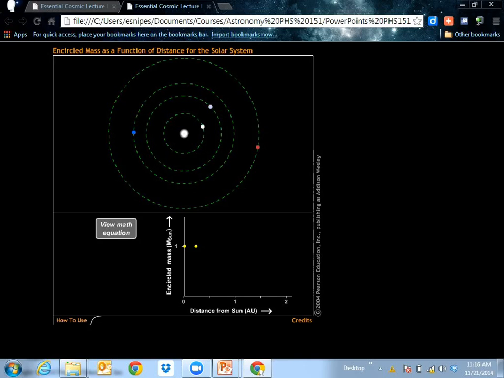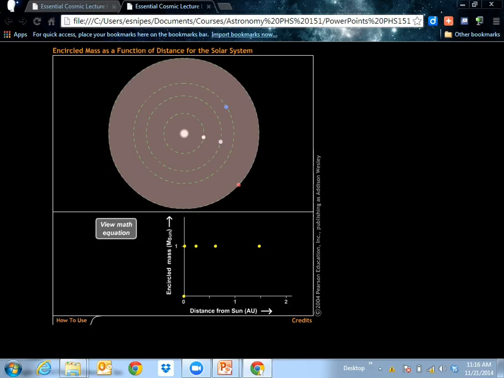Okay. So now let's compare that second dot right there. Actually, looks like there's another dot, but these dots are actually kind of just looking at the same mass. Let me go ahead and go clear out to Mars, and we'll see how much mass is inside the orbit of Mars and compare it to the other ones. That'll be our last one. Come on. All right.